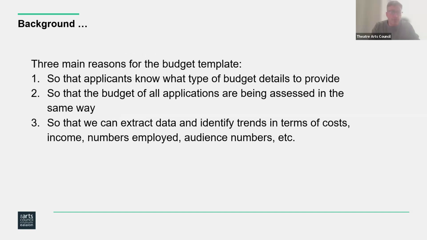So there are three main reasons for the budget template. It's so that applicants know what type of budget details to provide, so that the budget of all applications are being assessed in the same way, and so that we can extract data and identify trends in terms of costs, income, numbers employed, audience numbers, etc. So it's basically designed to cover a full range of shows. So there's probably a whole lot more information than might be needed for a Strand 1 or a Strand 2